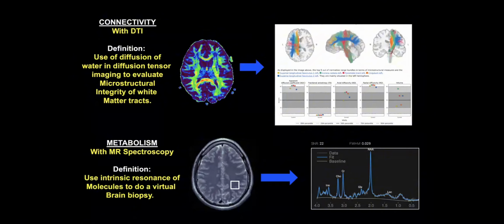But we can do more than assess brain structure and blood flow. Blood flow, again, is really important because it can be abnormal even before you see brain atrophy. But the most vulnerable and most frequent area of damage in traumatic brain injury is the white matter. And so we can assess white matter connectivity with diffusion tensor imaging. We can look at the microstructure of the white matter. All of these red and yellow and green areas are the white matter of the brain connecting the gray matter. The gray matter is dark because that's not the area being highlighted.